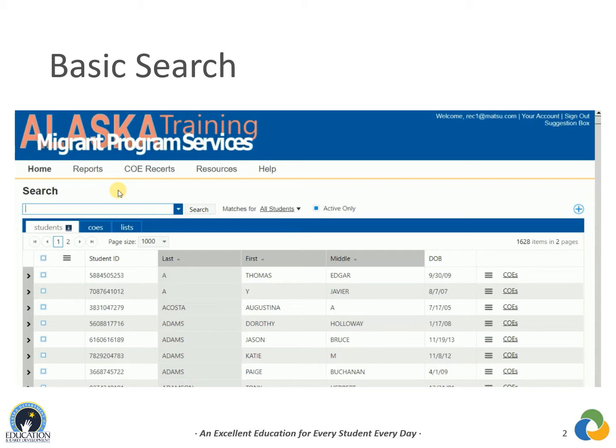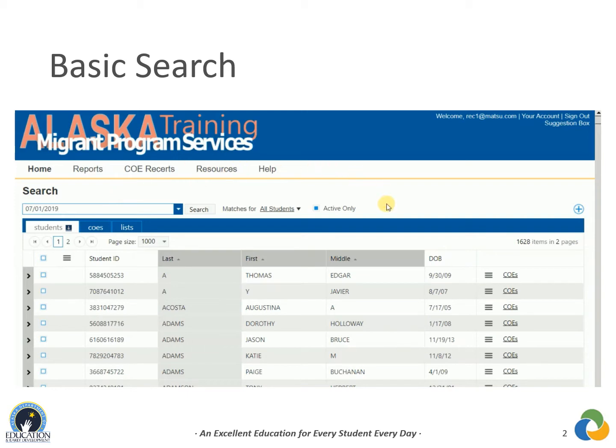If you do a search by date range, be sure to format your date in the following way. Start date, formatted 2-digit month, 2-digit day, 4-digit year, dash, the end date, formatted 2-digit month, 2-digit day, and 4-digit year. You can leave the start date or end date blank, but keep the dash if you want to search for a range of dates. Typing a date without the dash will only search for that specific date.